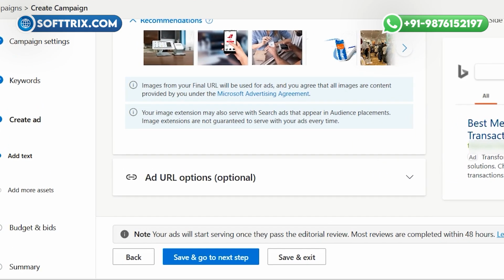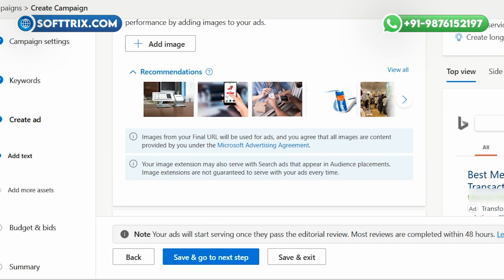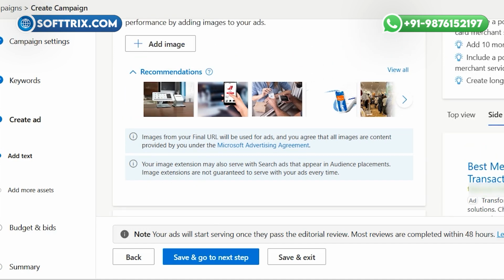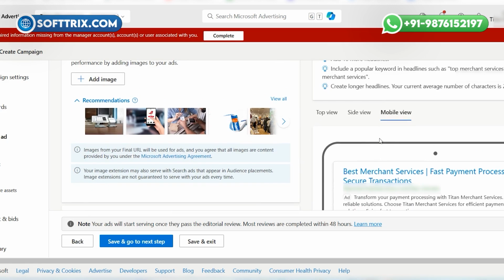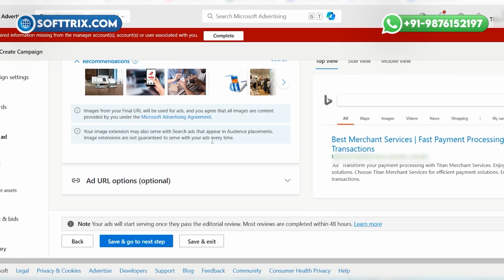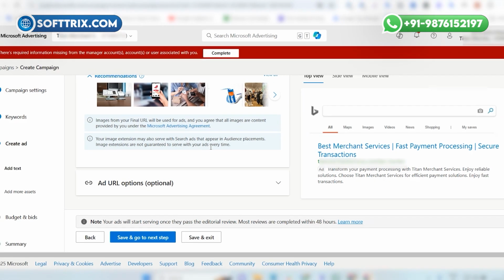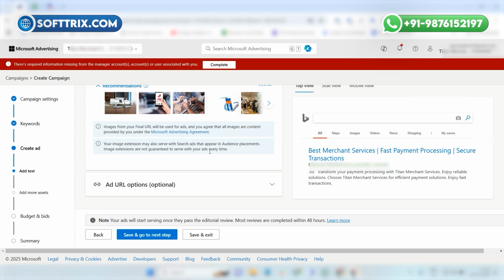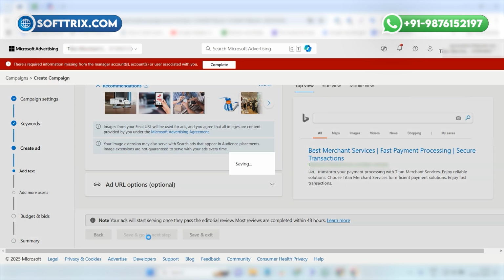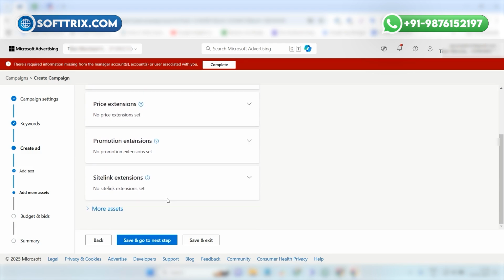And how our ad looks like on Bing, it will also show you in the top view, side view, and mobile view. You can see how your ad will look. You need to check these things, because this is mandatory. You need to know how visitors interact with our ad, so that you can make the changes accordingly if it is not looking good. Then you just need to click on the save and go to next step option,